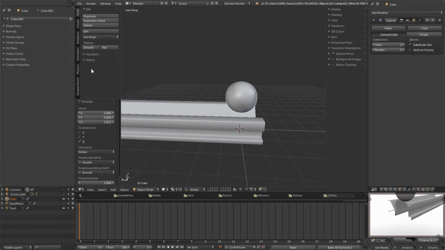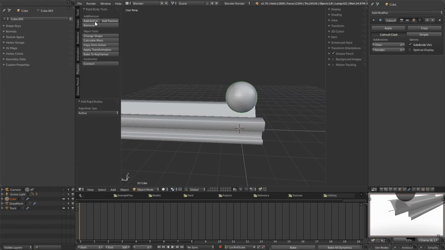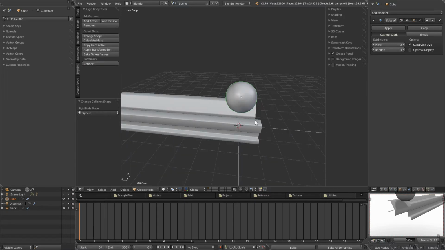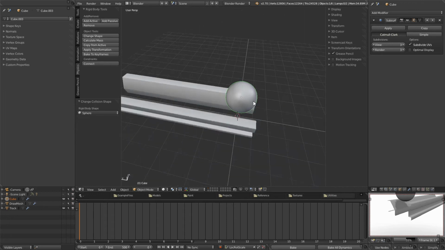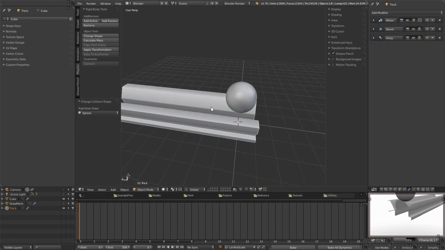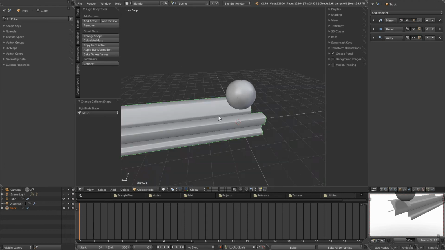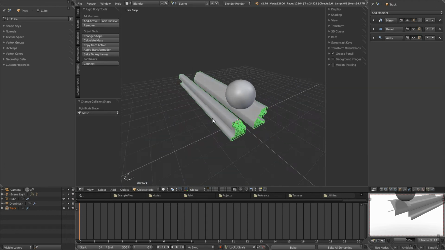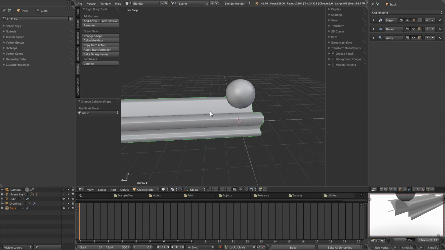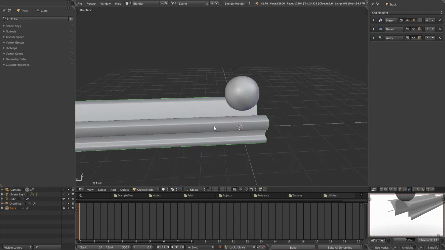And under Physics, we can select Add Active for this cube, which now looks like a sphere. We want to change its shape to sphere so that Blender considers its physics to be like a sphere shape. Then we can select our track and select Add Passive, and we want to make sure that we set its collision shape here to Mesh so that the ball is able to fit into the grooves and it's considering all of that. So we can hit T to dismiss our tools and tap